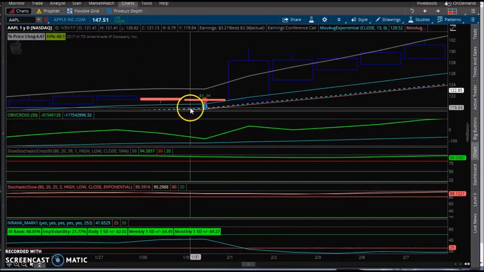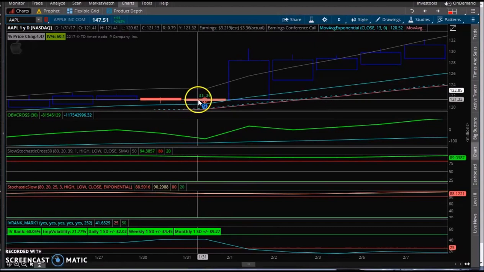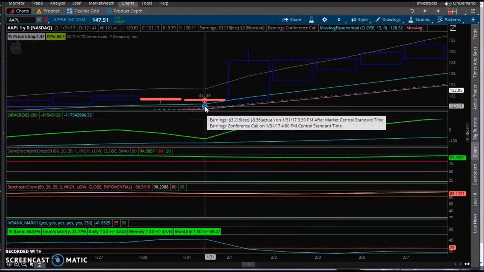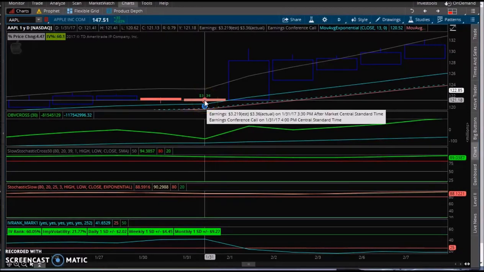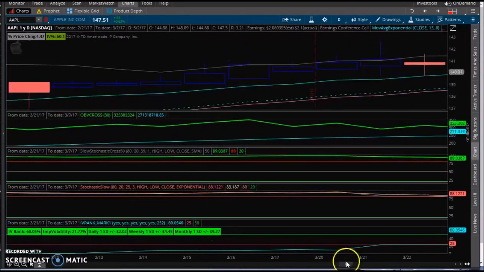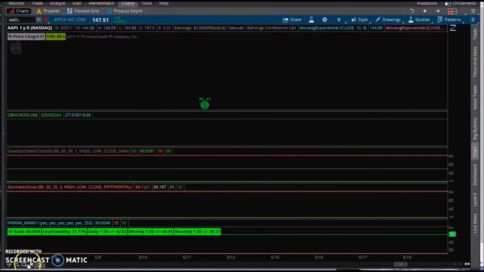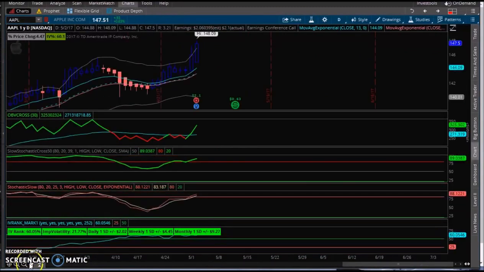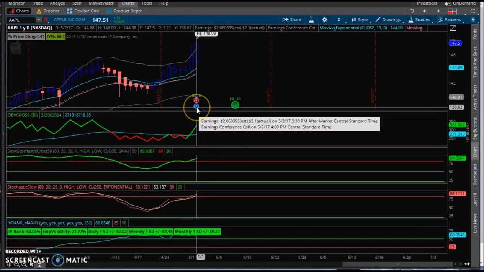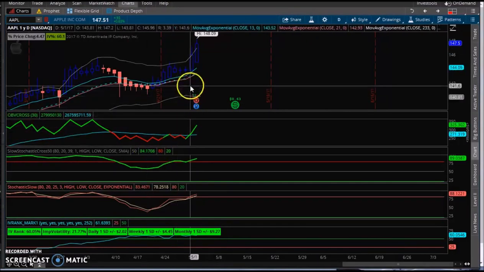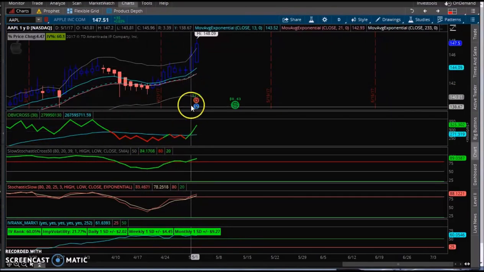So when you put on an earnings play, if you know that Apple is going to have earnings after the stock market closes, you want to put on that play maybe 30 minutes or an hour or so before the stock market closes that day. So I'm going to fast forward again to today. Okay, to today. And not only do you want to see,